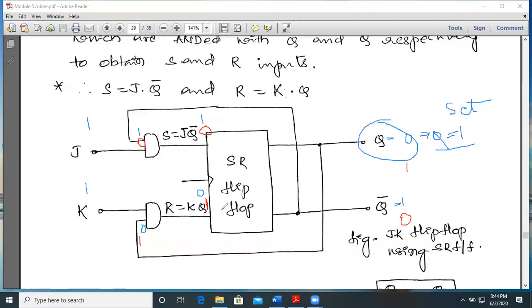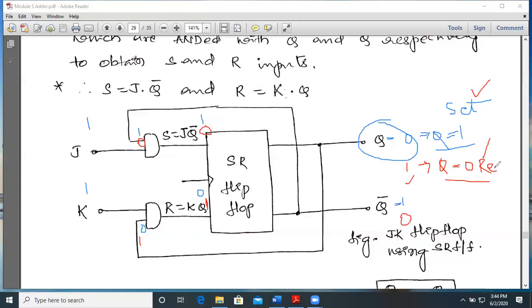So if S is 0 and R is equal to 1, what is the Q that we are going to get? Q is 0 actually. So according to SR flip-flop, Q is 0. That means what? Initially it was set. So now after the analysis, we got Q as 0. That means the flip-flop is going to the reset state. Right? Initially when we assume Q as 0, we are getting the set state. If Q is 1, we are getting the reset state.